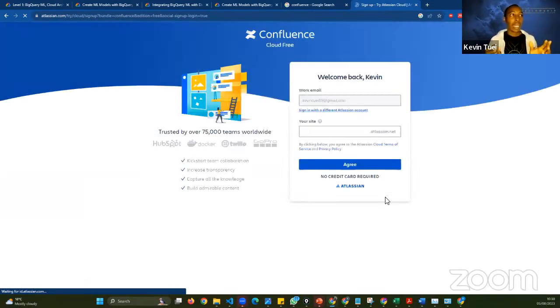I'm sure it's not going to take me through an onboarding process, but just remember that Atlassian gives you a very robust onboarding process. For example, you can see it's telling me welcome back. Do I need to create a new site? If I want to create a new site, I can call it maybe,